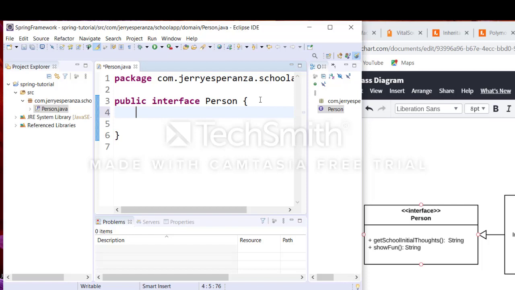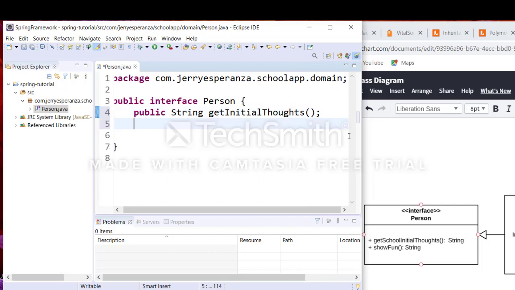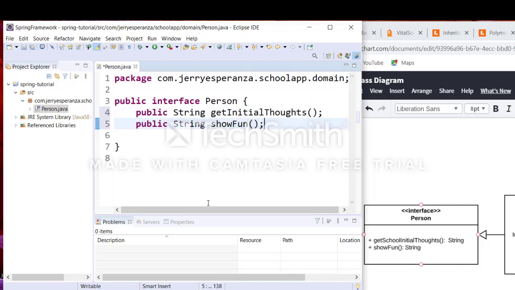It is just a declaration saying that the student and the instructor will use this person, which consists of two methods that need to be executed. You say public, so we're done doing the